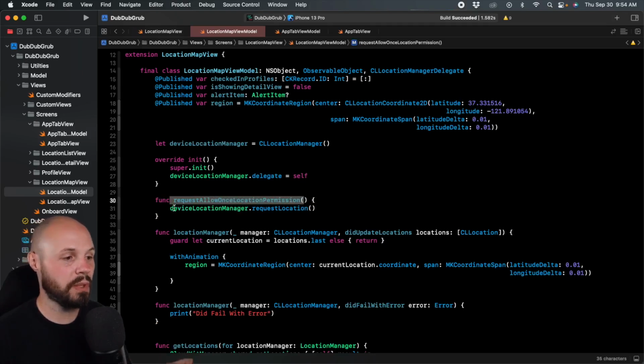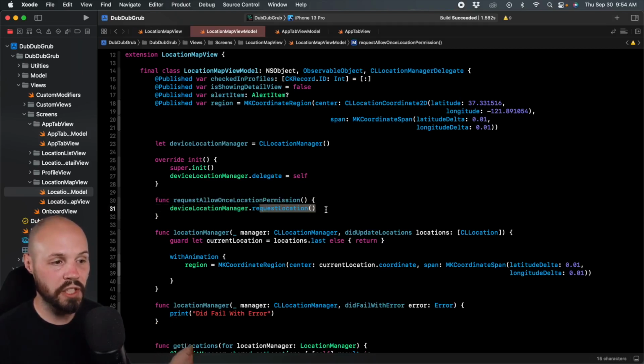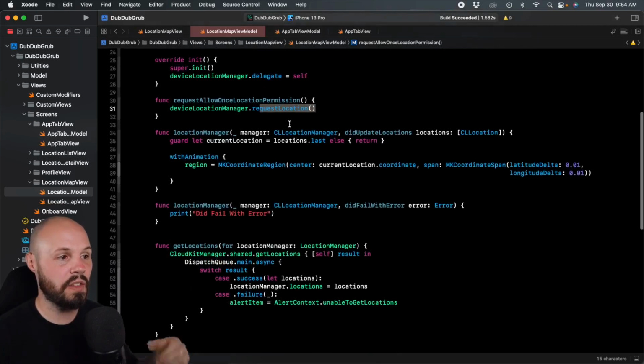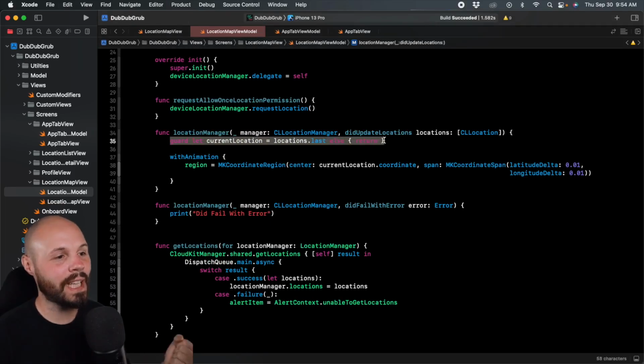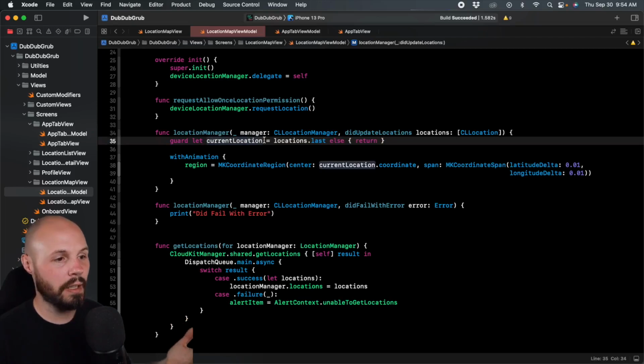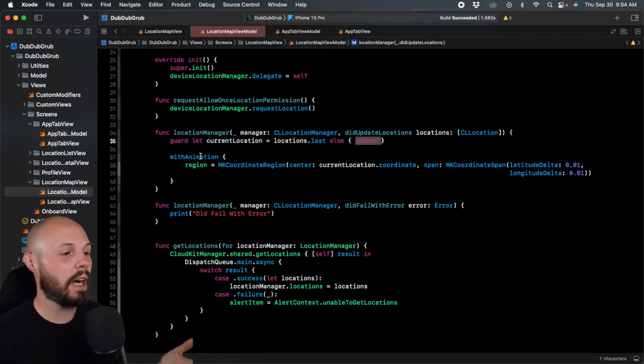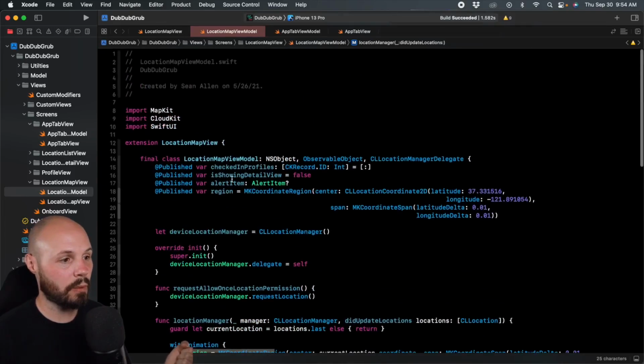That is going to call requestLocation, which again, like we said in the documentation, triggers off this didUpdateLocations. So that'll trigger off didUpdateLocations with the one location in the array. Here we are digging into that array, getting that one location, making sure it's there. And again, you would handle the error if it's not there. And then once we have that location, we are updating our region, which again, back in our region, right, is a